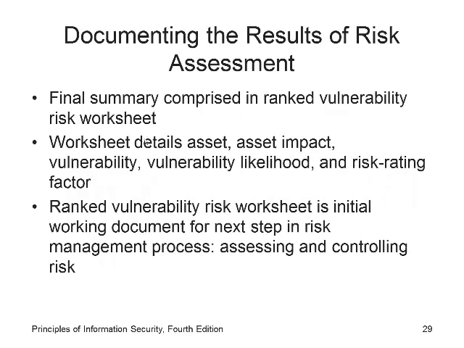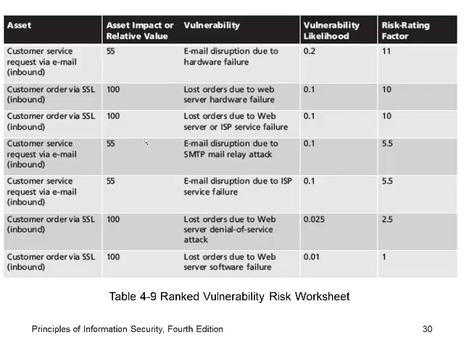This is a final summary comprised in a ranked vulnerability risk worksheet. We should be able to read this on the next slide, but determine what the vulnerability is, what the likelihood is, and what the risk rating is overall. Okay, here we go. Risk rating factor is 11 for the top one. So according to this, customer service request via email, the likelihood is 0.2, email destruction, so,